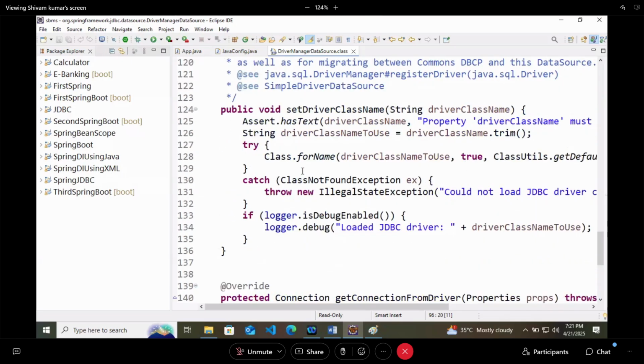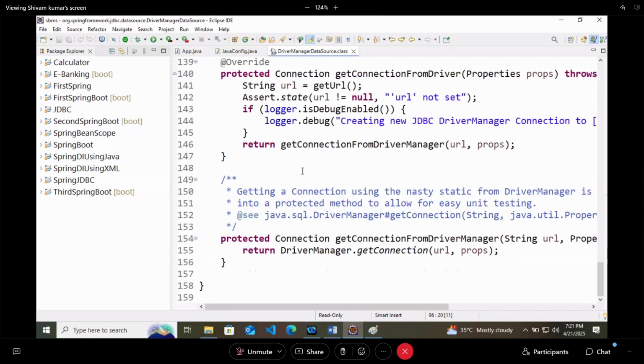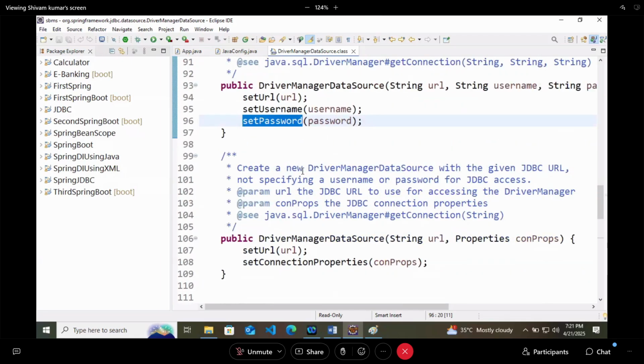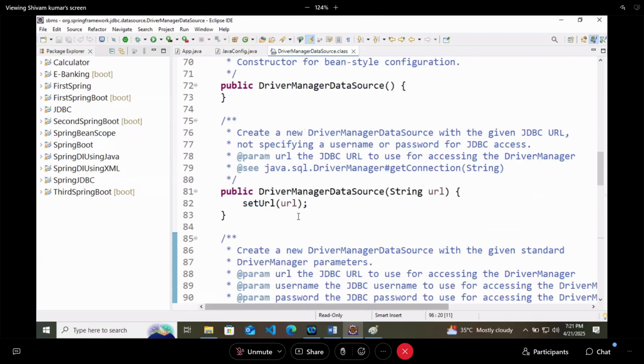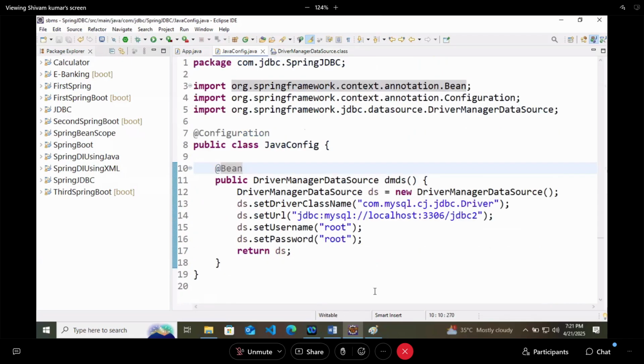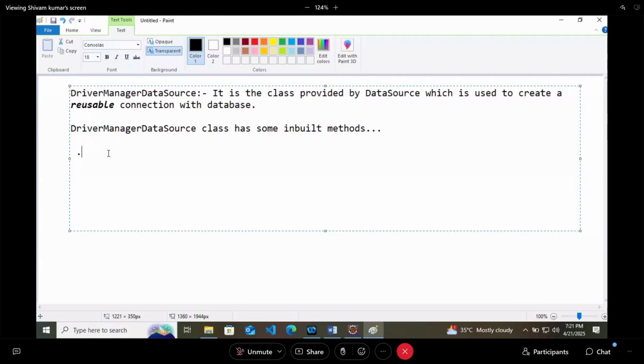And we can easily use these methods. So when we are talking about this particular class, it gives us setDriverClassName. One method given to you by this DriverManagerDataSource class is setDriverClassName.